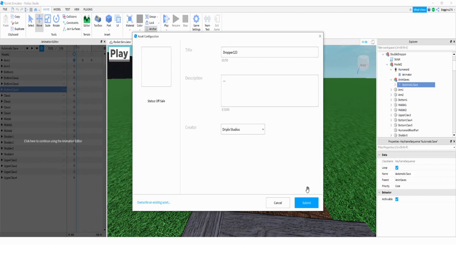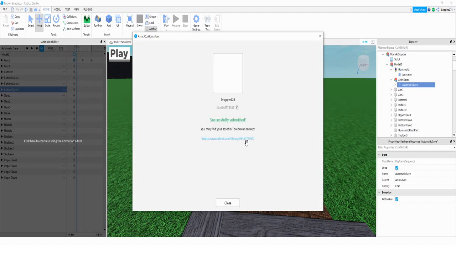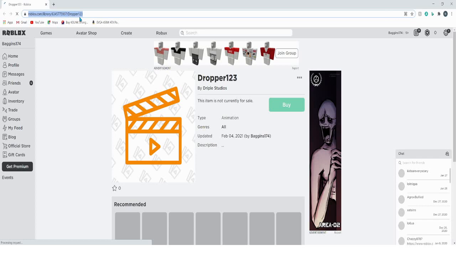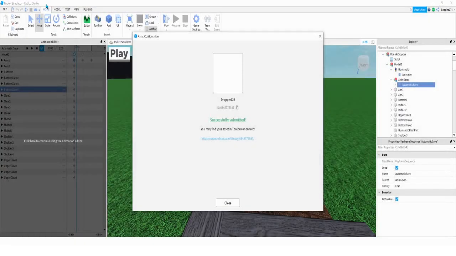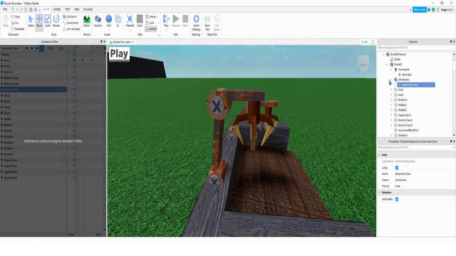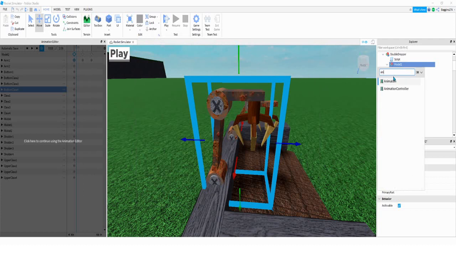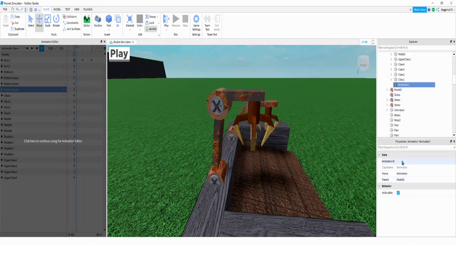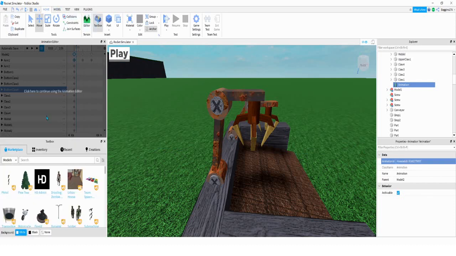Right, so then now submit. Now I'm going to click onto this link. Copy and paste the link, whatever it's called. And then we're going to go to your model, animator, go to this, paste your animation in there, open up your toolbox,